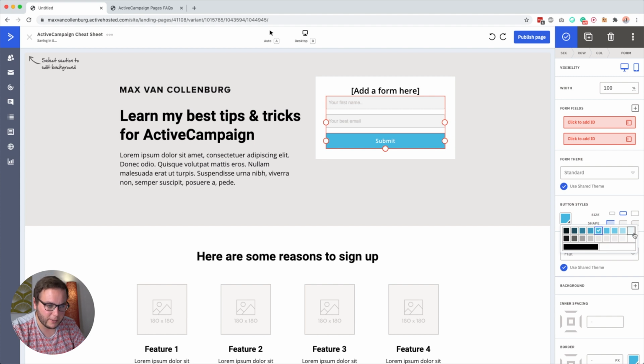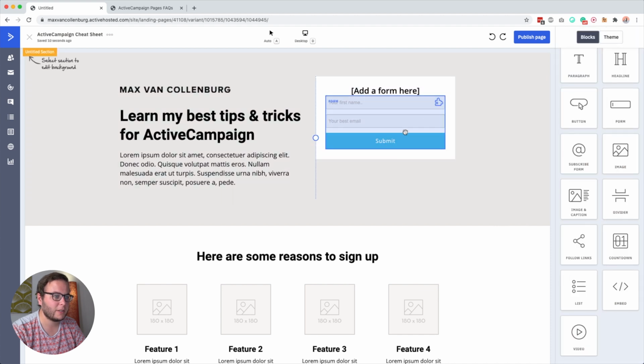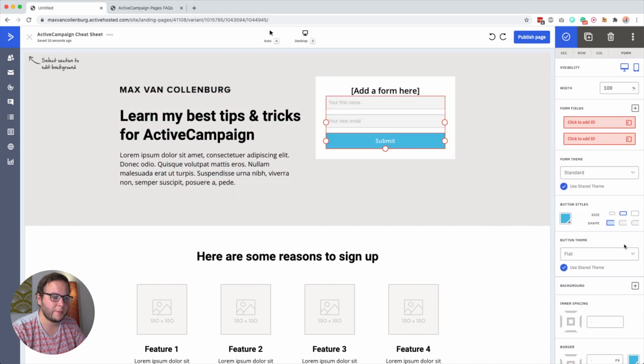Button style. Then how do I change the color to something that I like? Like I see all these blue colors here and I see this, but can I also make it yellow? Because I like yellow. Doesn't really look like it, huh? Use shared theme. Maybe I have to do some theme settings somewhere, but I don't see that here.